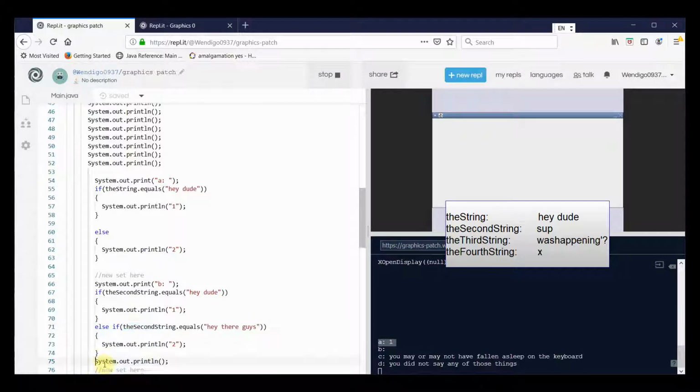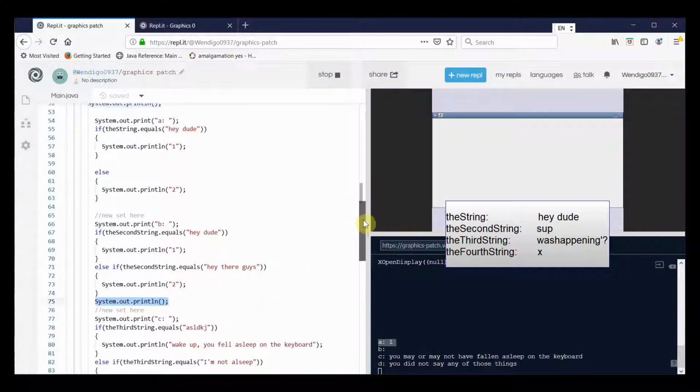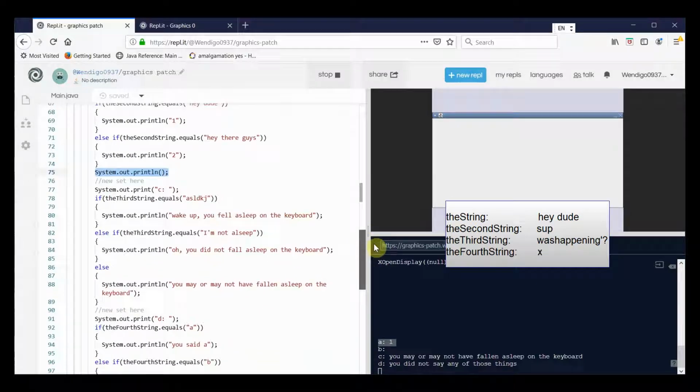And then I added a println statement, a blank one, just to have the console cursor move on to the next line so that the C would print on the next line instead of the same line as the B. All right, so now for the next set of code I've set up,